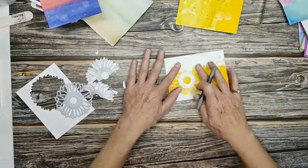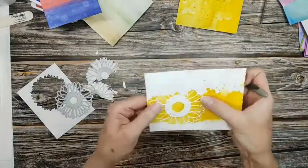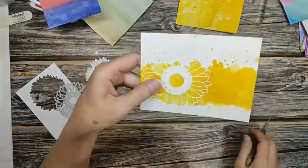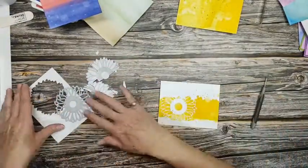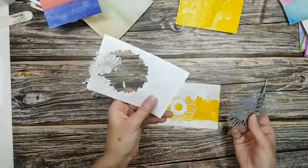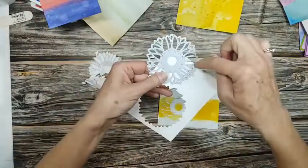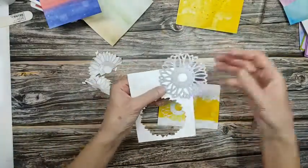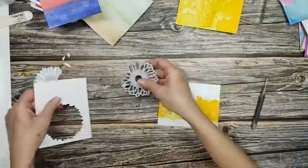Look at how pretty. So that's how easy adhesive sheets are. Now you don't have to worry about that little guy coming off there. He's stuck because the whole thing is stuck. Now, on your paper with your adhesive on the back, don't throw it away. You can die cut over here and get that little piece and die cut over here. Now I've already done this. I have a lot of it over here,